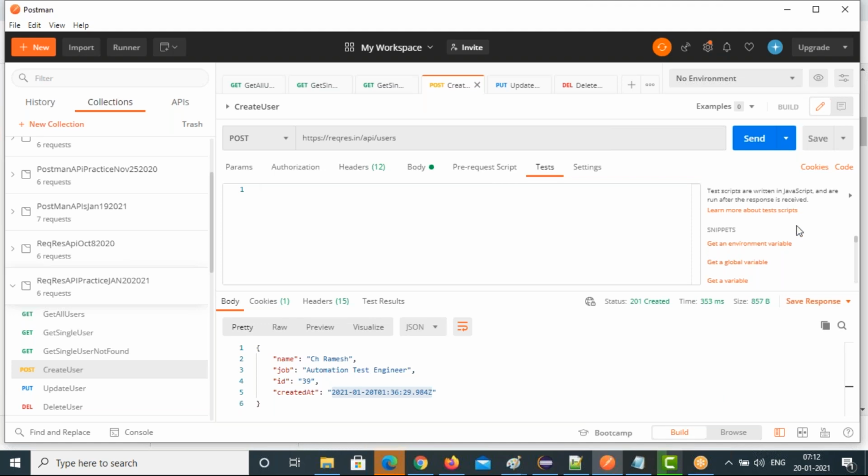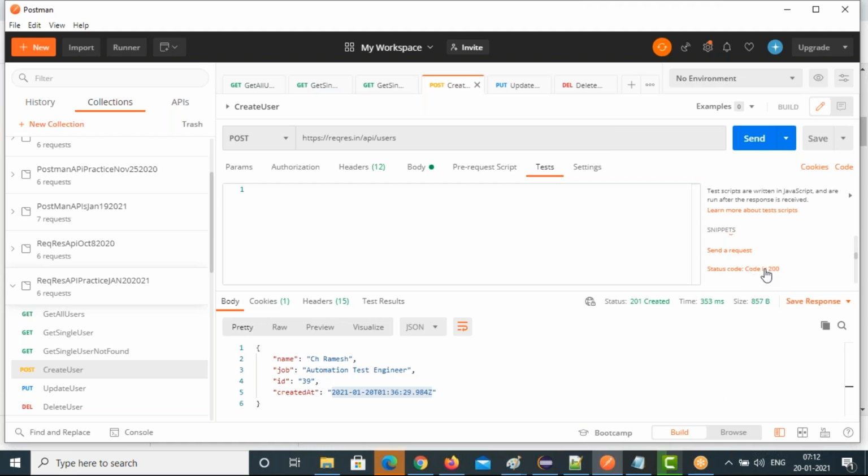On the right side, a predefined code is given. You can add the validation, get variable, get global variable, environment variables, and send a request.